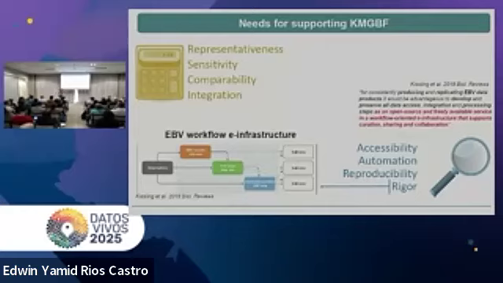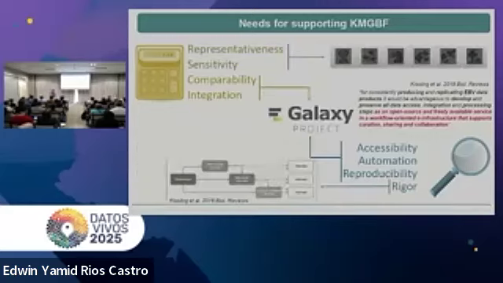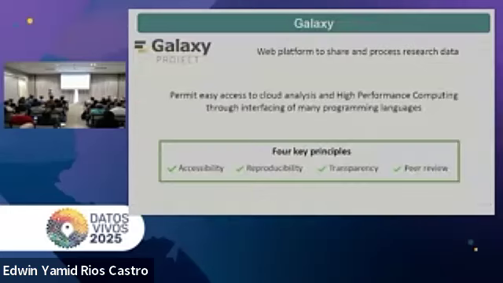And there is a mention saying that what we need is something like an open source and freely available service in a workflow-oriented infrastructure that supports curation, sharing, and collaboration. This is what is in the text of the article. And I was saying, wow, this is exactly what Galaxy can be, and can maybe help in producing accessibility, automation, reproducibility, comparability, and integration.